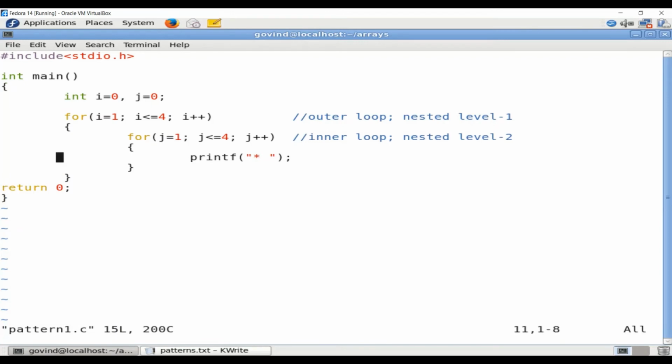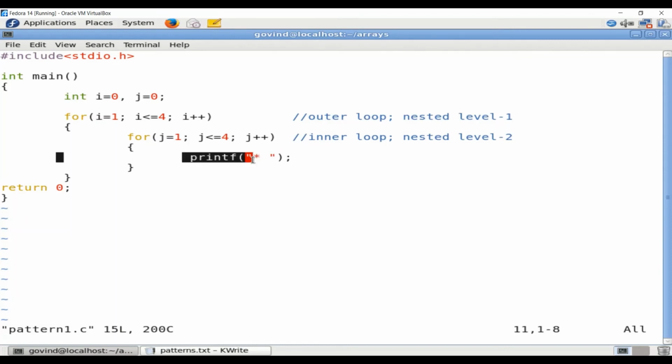Also we already noted that for one execution of the outer loop, the inner loop executes 4 times. Since it executes 4 times, in one go, it will print 4 stars with a space in between them.